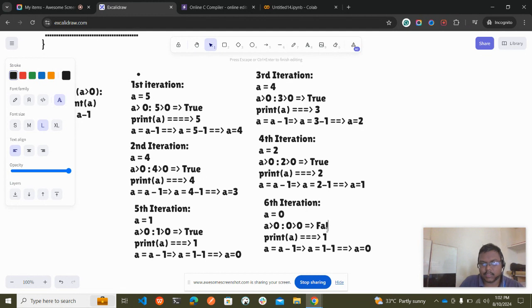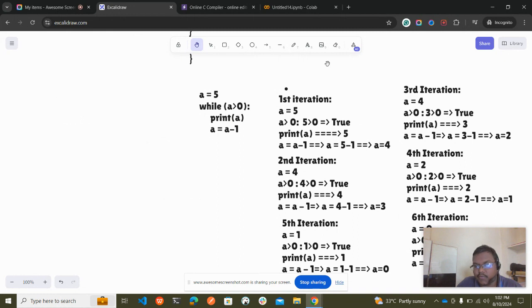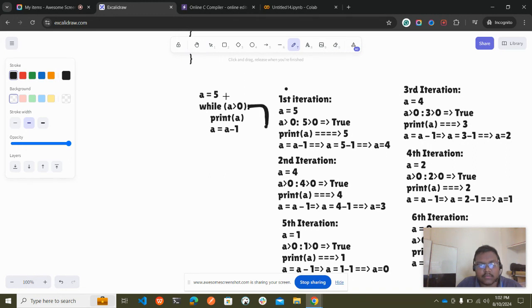Okay, 0 can't be greater than 0, right? Once this condition is false, what will happen is it will come out of this block. So in the sixth iteration it won't execute anything.